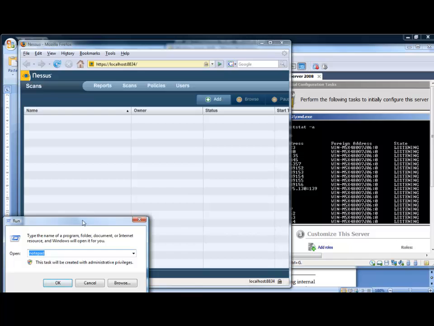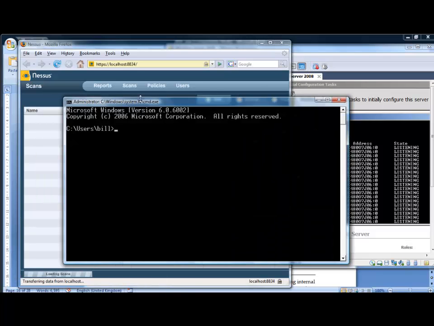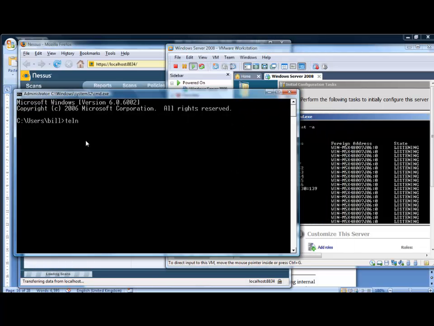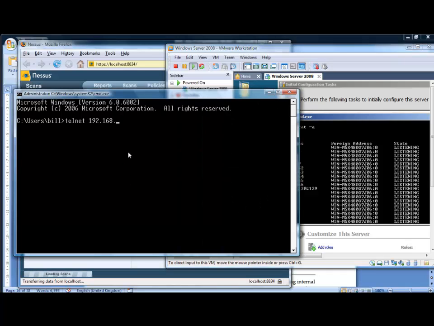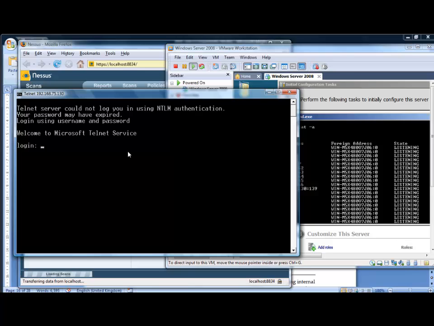So on our normal machine, what we'll do is we'll just try and telnet in to that address, 192.168.75.130. You can see here that we have a telnet connection,